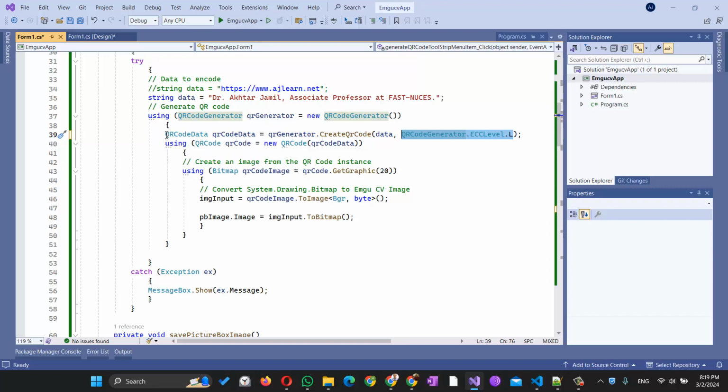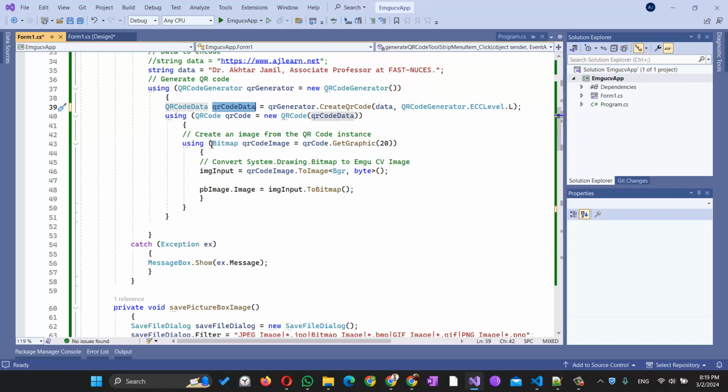Then this is just the data that has been generated, and we want it in the form of an image. To generate that QR code image, we need the QR code object. So I created an object for the QR code, and it needs the QR code data that needs to be represented. Now we need to generate an image. I am just generating a bitmap image, and on this bitmap image we are going to write this information. You can see here QR code.getGraphics, and here we are providing 20, which specifies the pixel size